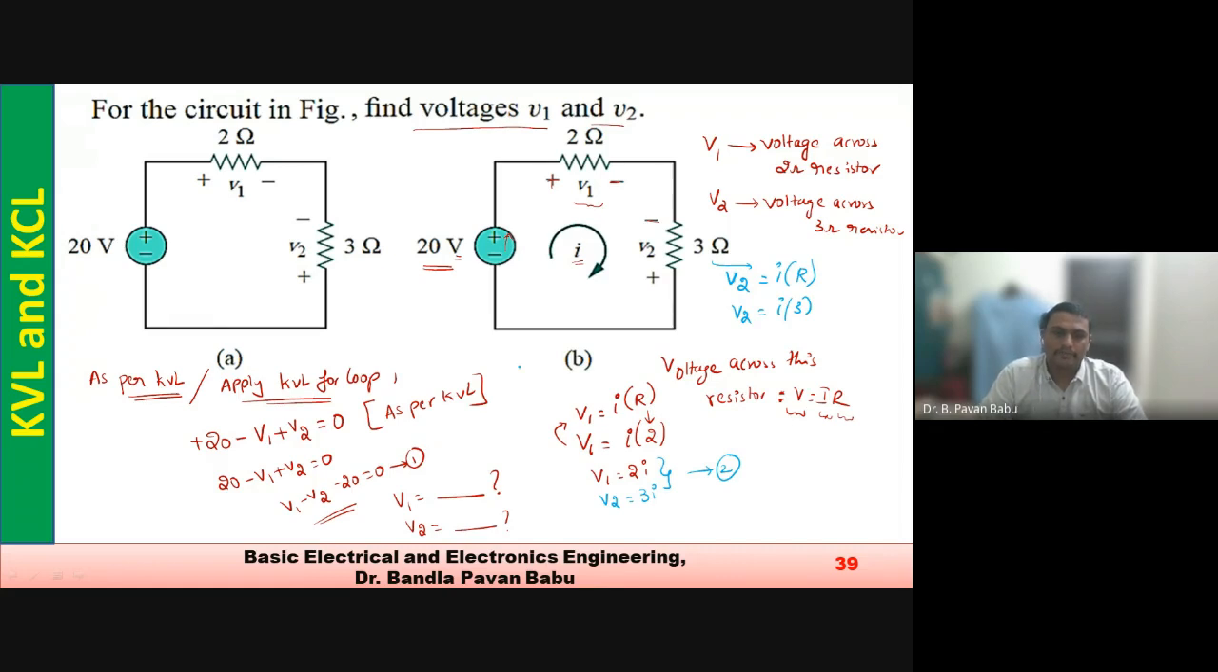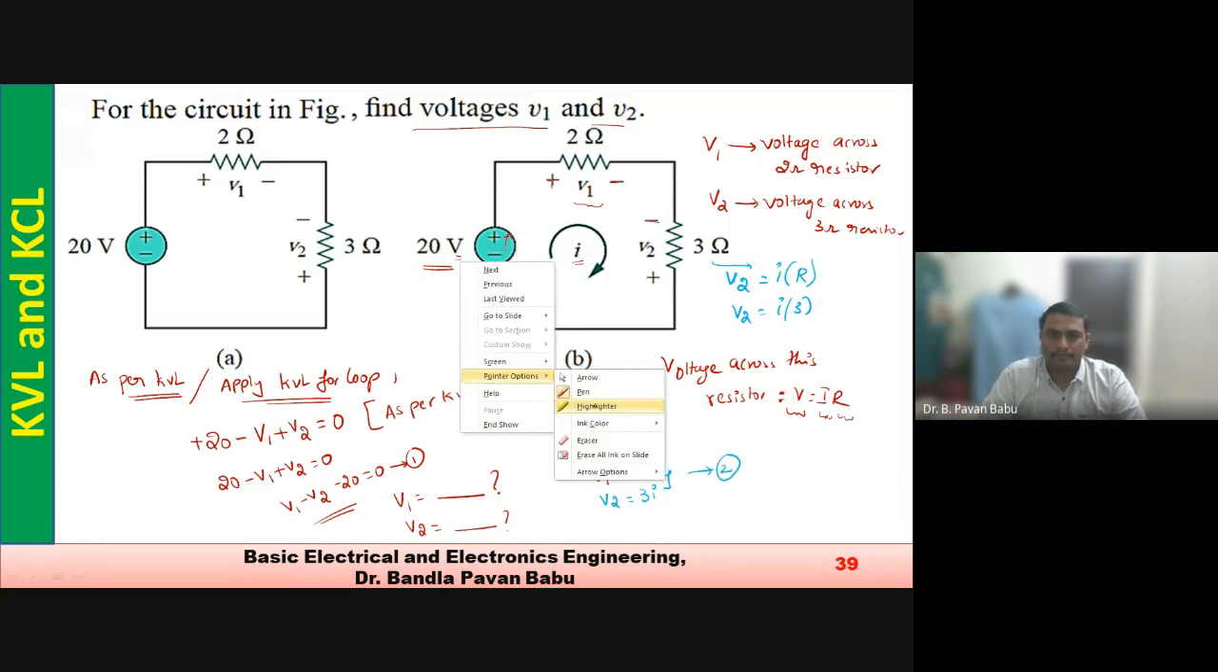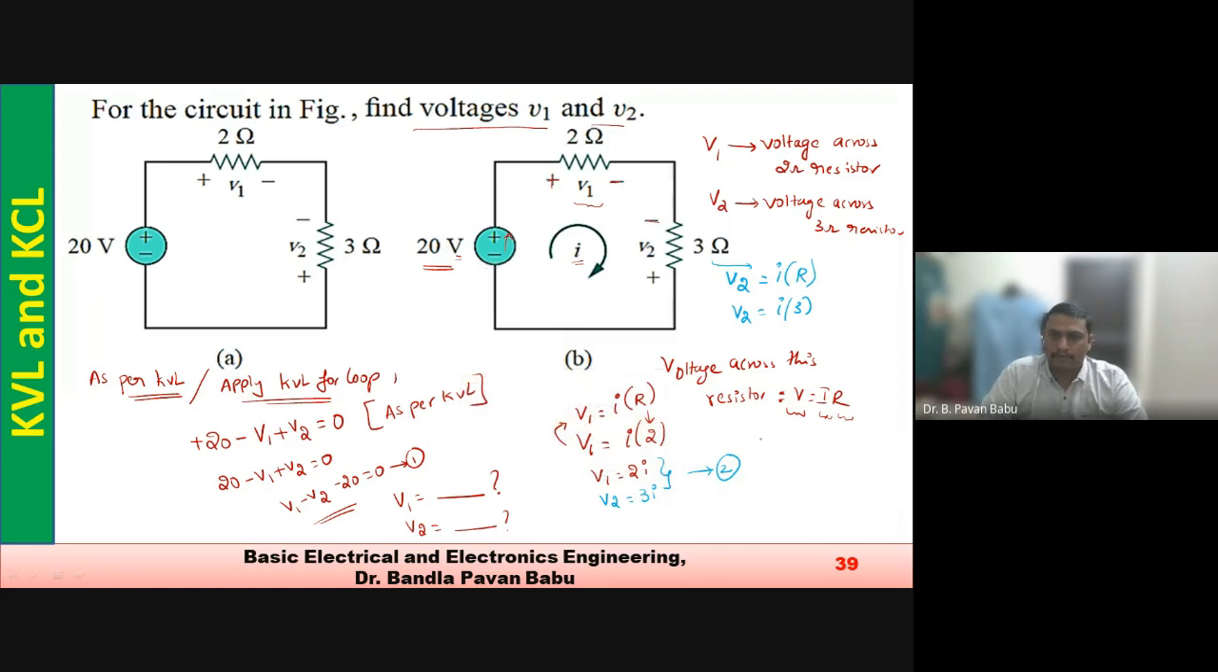So what happens when I substitute this here? What happens when I substitute 2 in 1? So substitute equation 2 in 1. Then it becomes, what is the value of V1? 2I minus 3I minus 20 is equal to 0. Okay. So then it becomes minus I or I equal to,